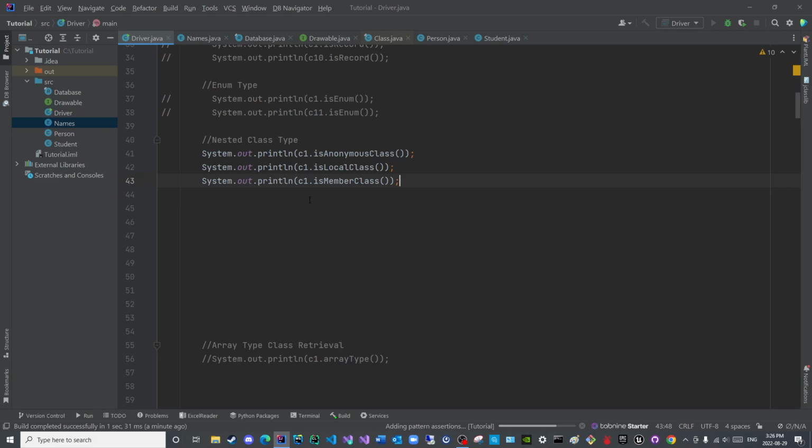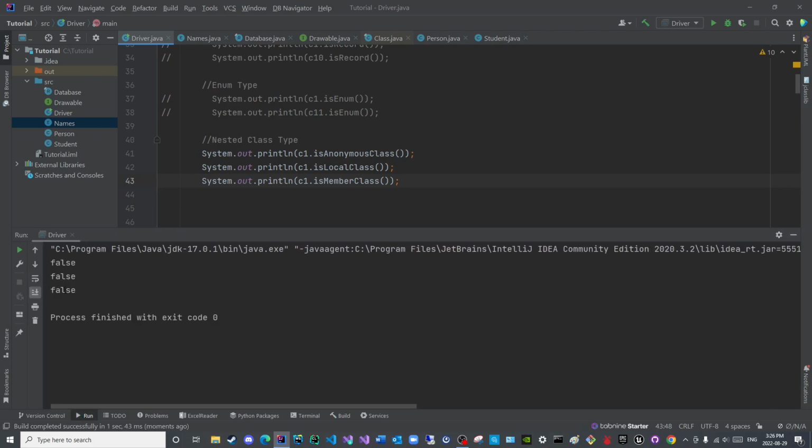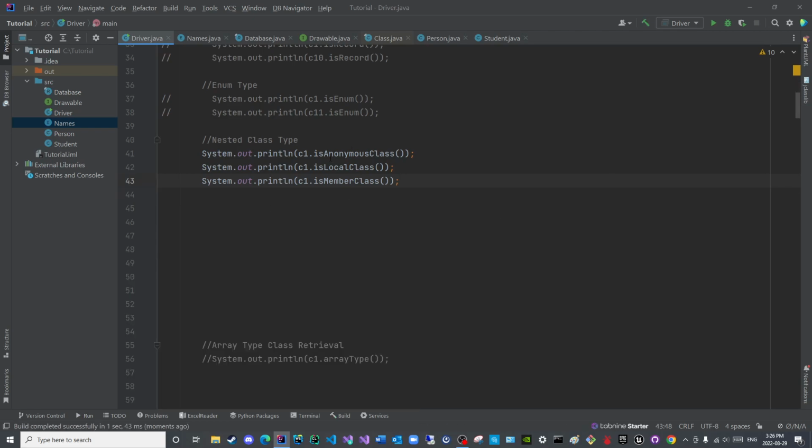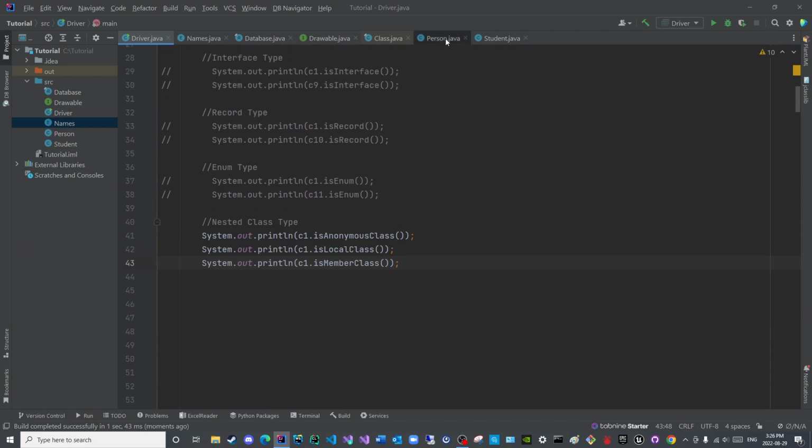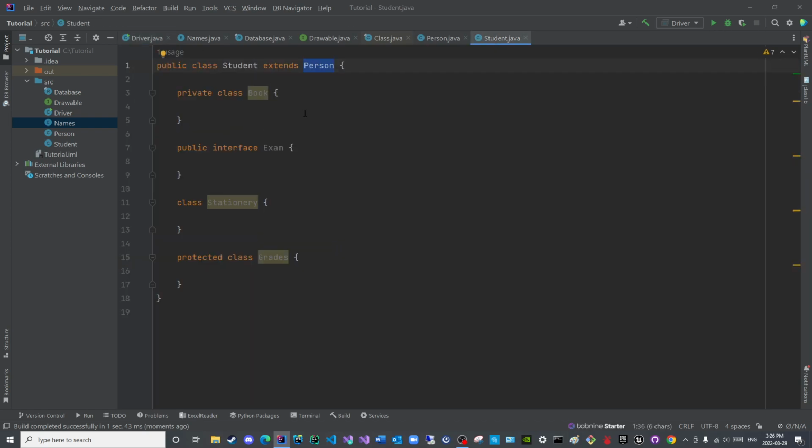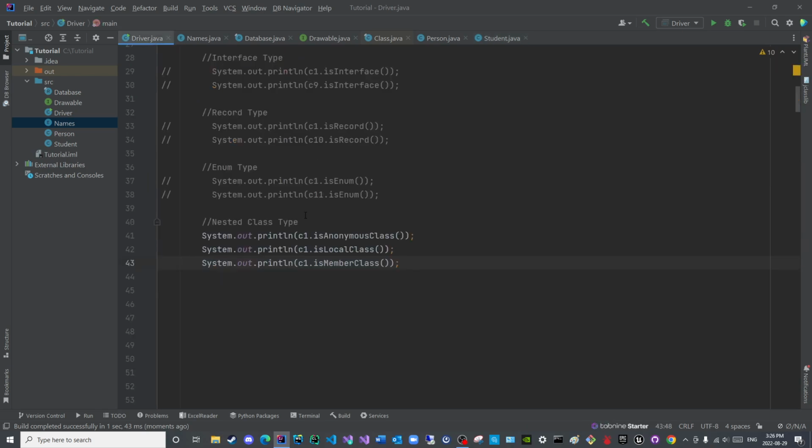Now let us run these. False, false, false. Because C1 is not an inner class at all, nor is it an anonymous class. It is actually an outer class. But can we test this to see if we can access this, for example? Let us try it. So C1 dot